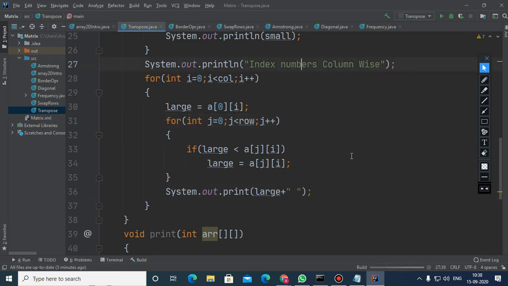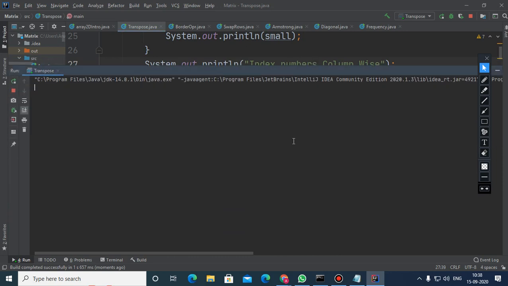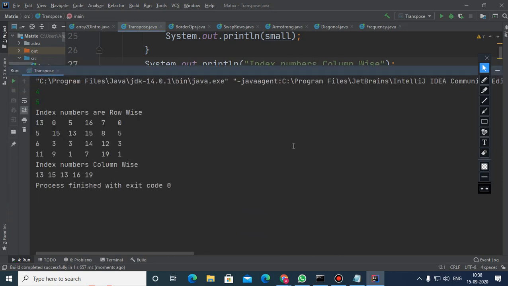Okay, now here what to do is, suppose the size is 4 by 5. There is a small message, this is not required, but you can see that the output is coming from this column. The largest element is 13. From this column the largest element is 15.